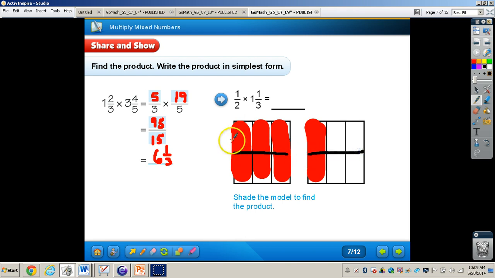And then what we will have here is a total of, you can see, 8 total pieces shaded in. And what we need to do is shade in half of those 8 pieces. We'll shade those in yellow. So 1, 2, 3, 4 total pieces. And since this is representing 2 separate pieces, we could see that there are 4 total pieces shaded in out of 6, which gives us 4/6, and reducing that to simplest terms would be